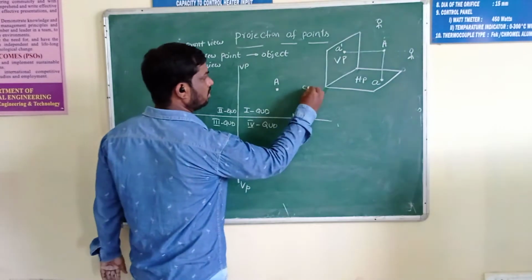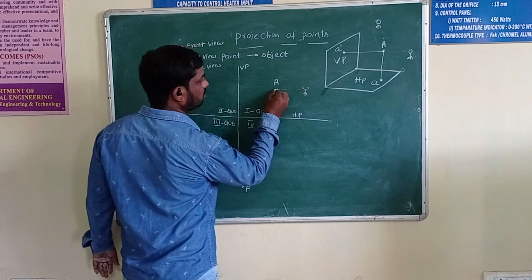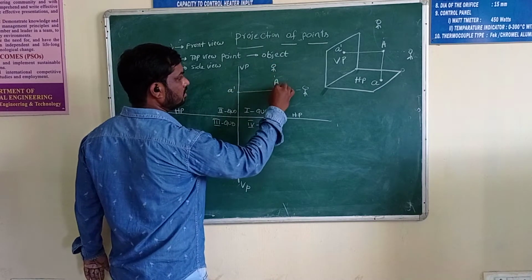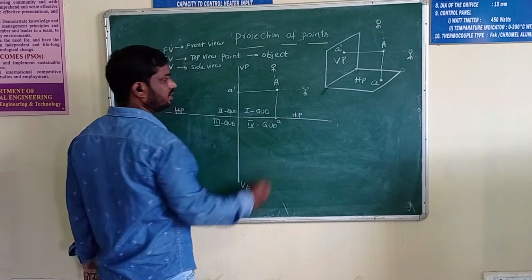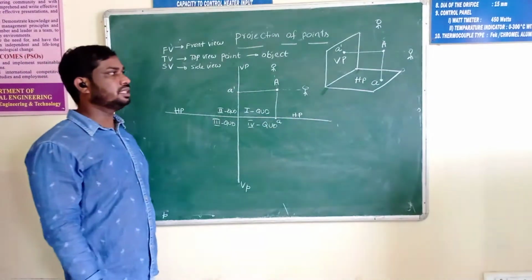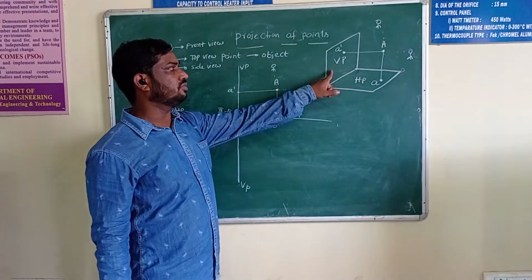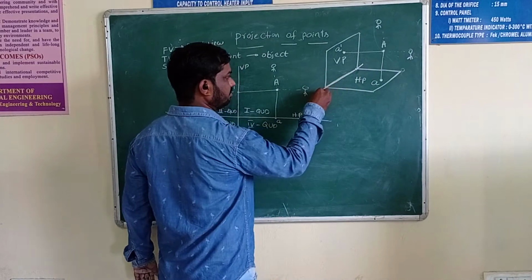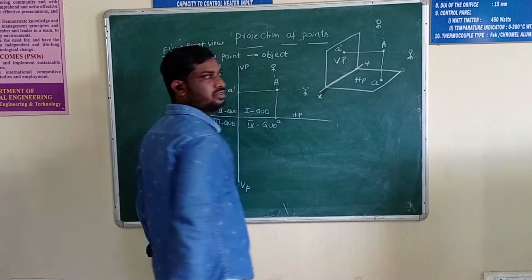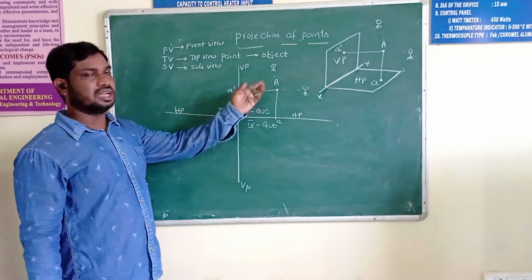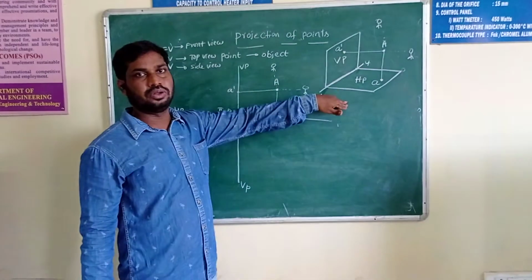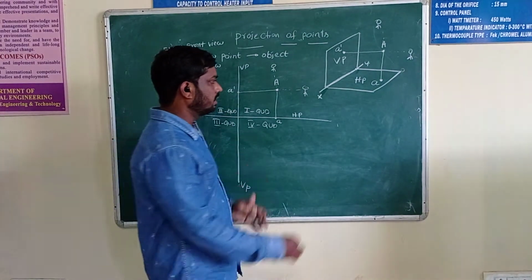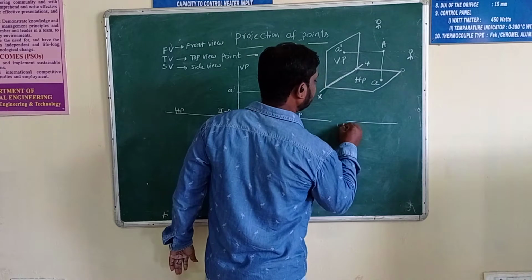Here also, projecting onto the vertical plane, this is a dash; the observer is like this. Projecting onto the horizontal plane, this is a. But we want to draw only with reference to one reference line, which lies between the horizontal plane and the vertical plane. This is the XY line, and I am taking only the XY line. Whether the front view is above or below it, like that we are going to explain.